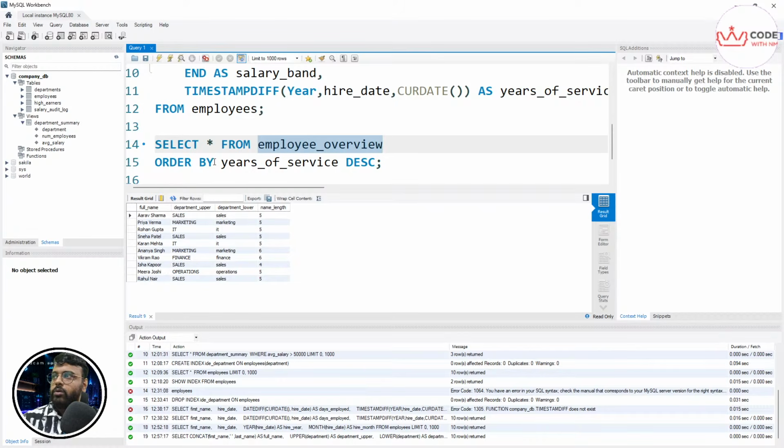From that view, we are filtering it, sorting it with the years of service in descending order. For example, the first employee will have the highest years of service. For example, if someone has worked for 10 years, then 7 years, and 5 years, 4 years, and 1 year, and 0 means worked for days or months. That 0 is days and months. So this is descending order. So let's execute this,